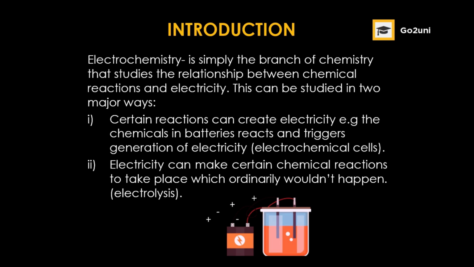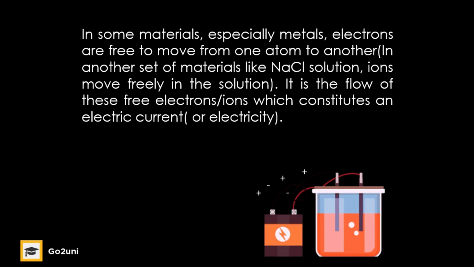So with this in mind, let us proceed further to knowing what electrochemistry is. Now, it is worthy to note here that electricity comes into chemistry because certain materials permit the flow of electricity. Metals, for example, permit the flow of electricity because they possess electrons. Metals possess electrons, and these electrons are free to move from one point to another. So that is why they permit the flow of electricity through them, as electricity goes through these metallic objects.